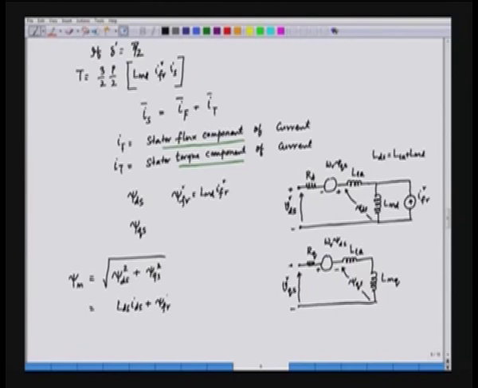So, this is psi FR, the square, plus psi qs, which is Lqs into Iqs square. So, this is what we have here, and then this is the magnetizing flux or the total stator flux, which